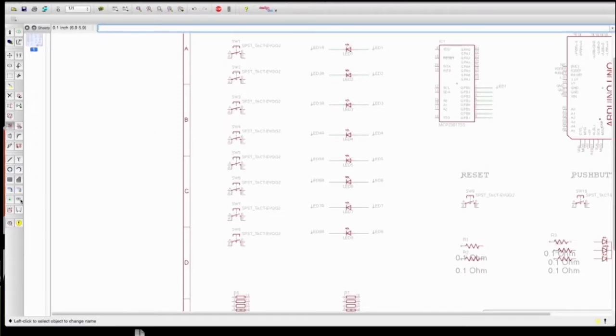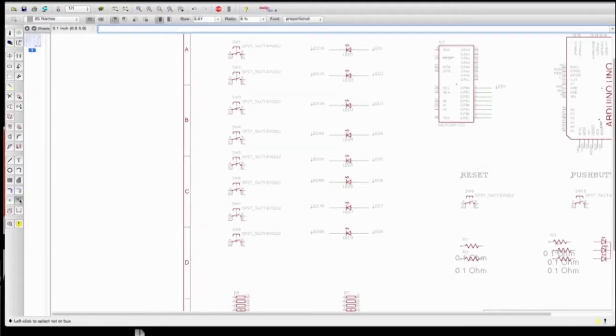Alright, so I've named all the LED pins, and then I come down here and there's this little thing right here. Basically, if I hover on it, it's going to say that you can put a label on it. That's what this ABC thing is. So I'm going to click on the line. That's what I want, so click it again, and then there is LED2,